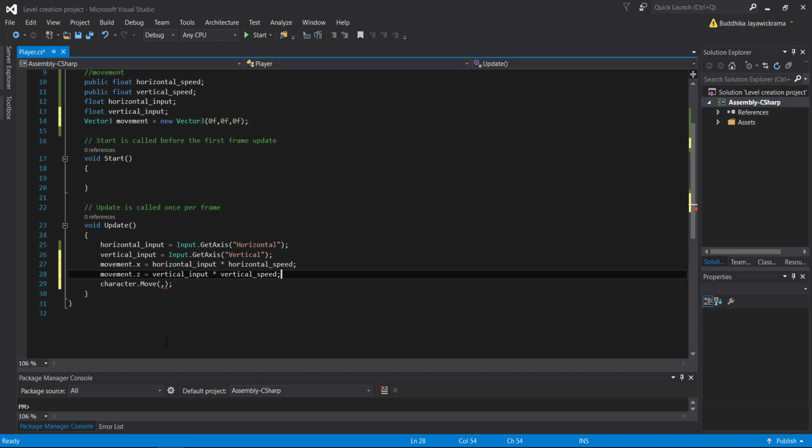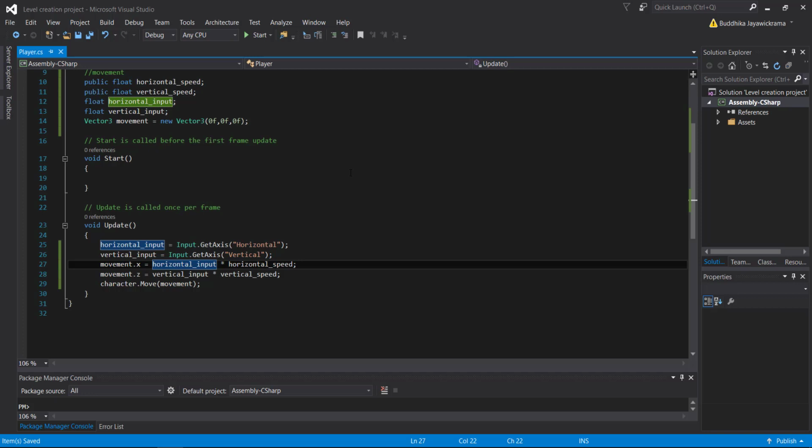Now we can pass the movement vector into the Move function. The difference of this code with the example that we did before is how we use the movement vector to get an output. Instead of assigning it to the transform, we are passing this vector into the character controller's methods.